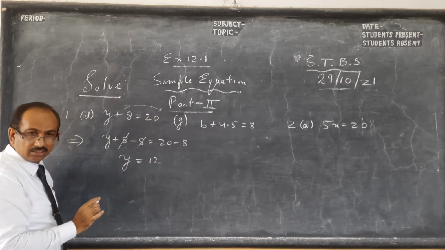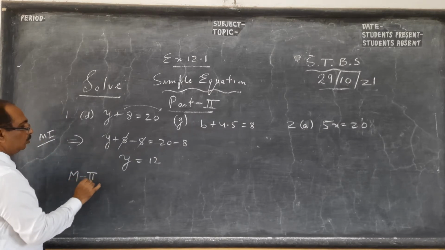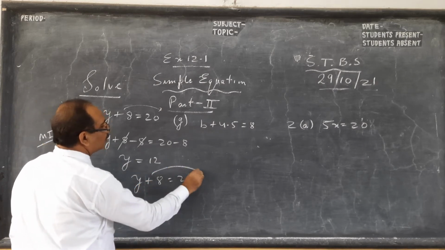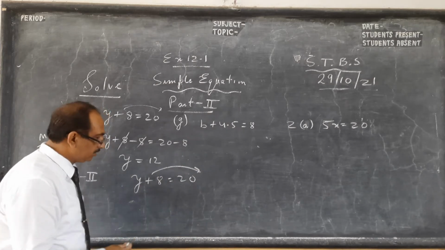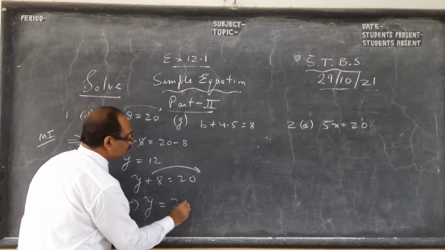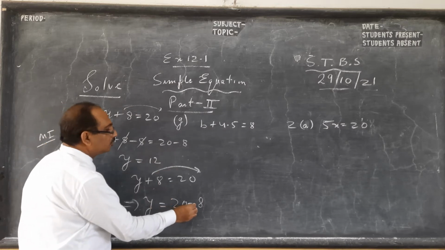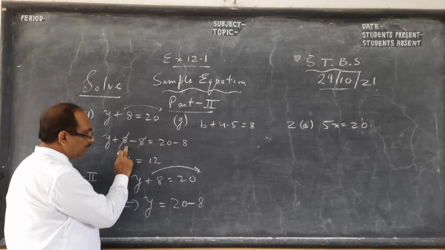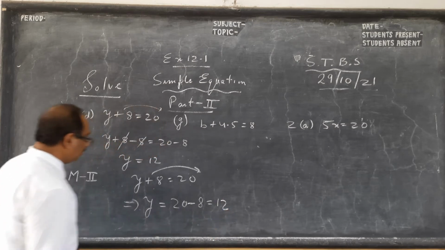Next is method 2. Directly we do transposing. Transposing, children, means taking from the left side to the right or right to the left, the other side of equal to. So plus becomes minus. Logic comes here. This is logical and this is a shortcut of it. Plus becomes minus. Actually this side minus cancels, this side remains. So you get 12.